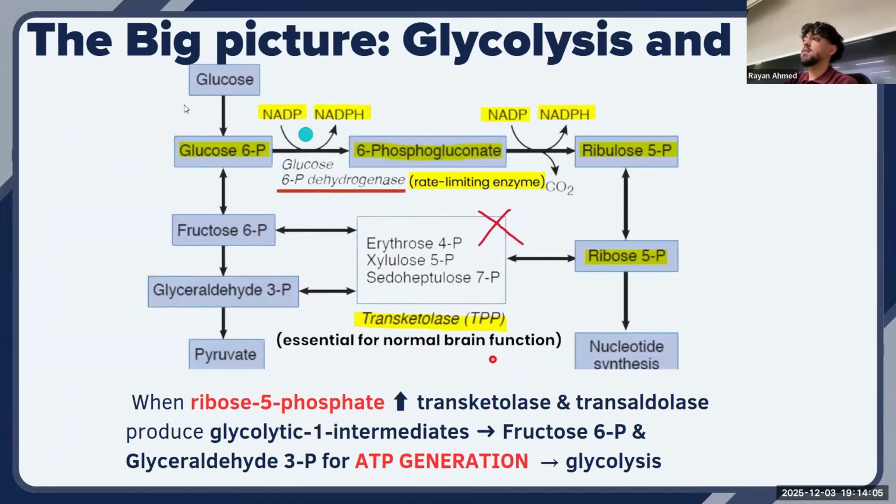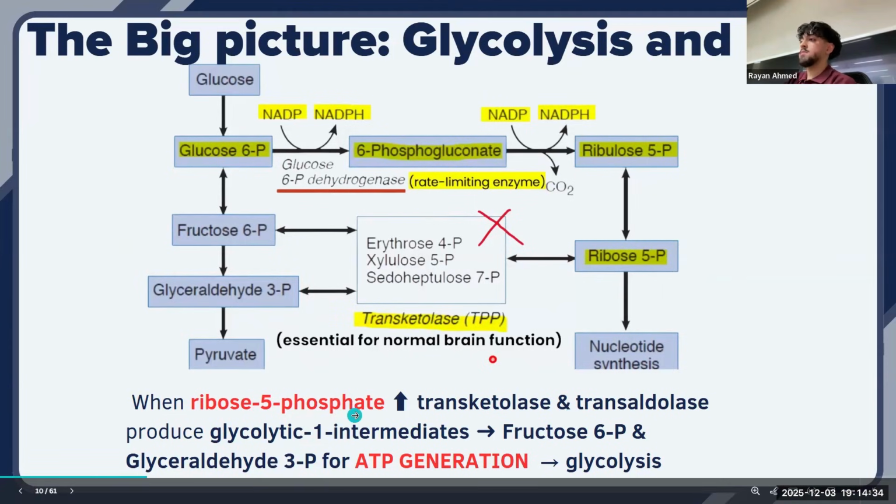Now we're going to combine glycolysis and the pentose phosphate pathway. When you look at a picture like this, I know you get overwhelmed or it might look a little scary, but inshallah, it'll be easy because we're going to break this down into simpler terms. Remember when I said the products of the pentose phosphate pathway were ribose 5-phosphate and NADPH. We already talked about NADPH being a blocker of the pentose phosphate pathway. Now we're going to talk about ribose 5-phosphate being a blocker. So when ribose 5-phosphate is increased right here,